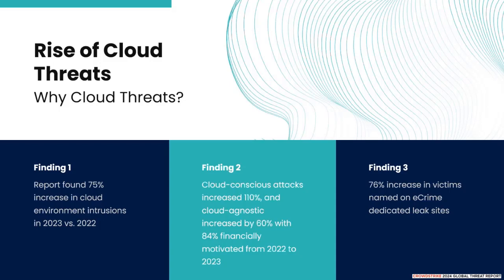And attackers, for sure, are opportunistic. When they see new areas of opportunity, they pounce. Let's take a look at some key trends highlighted in the CrowdStrike report. First, we see threat actors aggressively targeting cloud platforms, and here we are talking about the three leaders: Amazon, Microsoft, and Google. We see intrusions increasing over 75% last year, 2023, compared with 2022.